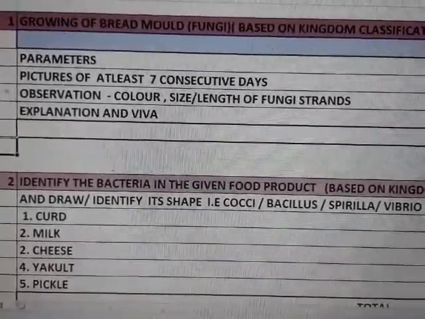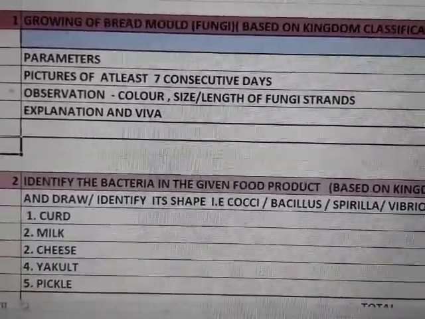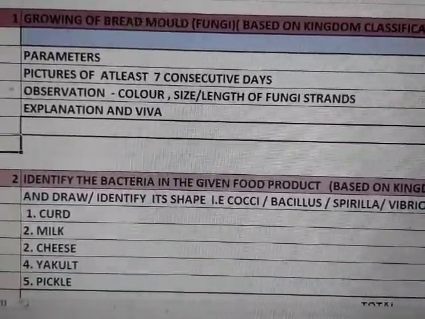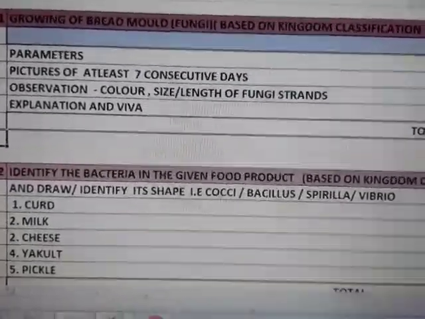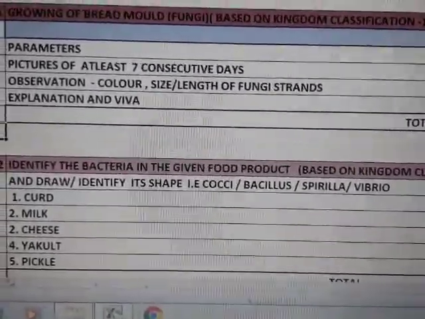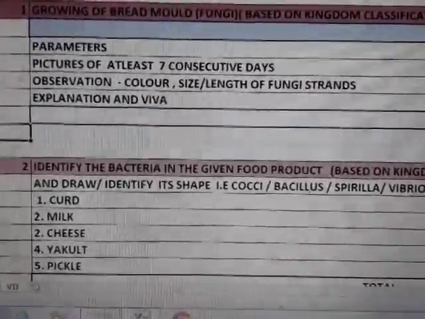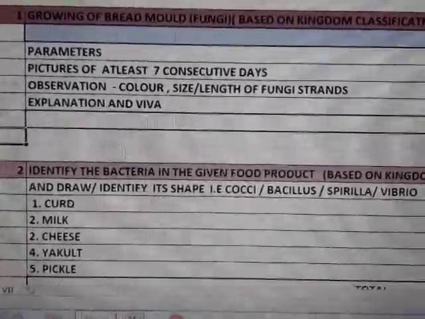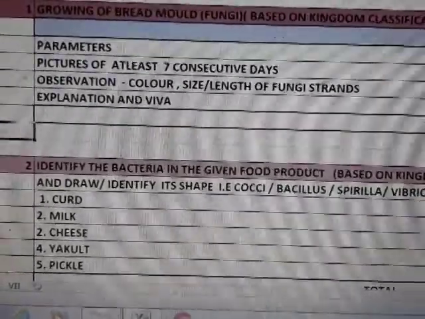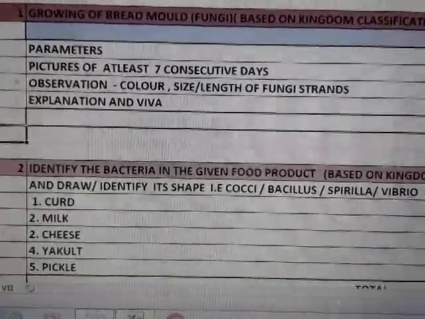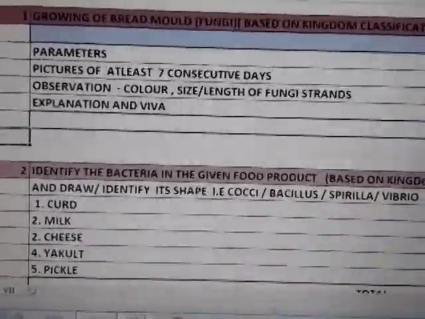But I want the gradual growth of the bread mold to be seen, from nothing on the bread to a small thing, and then it grows bigger and bigger and bigger. So like that, at least 5 pictures of various stages of the growth of the bread mold you have to attach to the file. If you are going to make a PPT, insert it into the PPT. If it is going to be a Word file, you can put it into the Paint and copy paste that image in the observation section, which I'm going to explain you later.